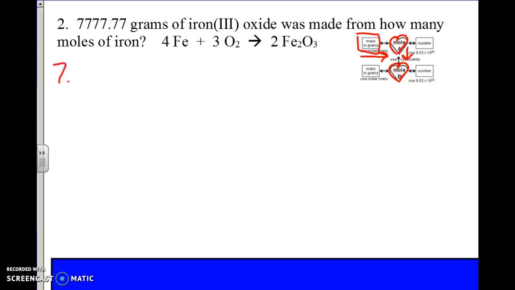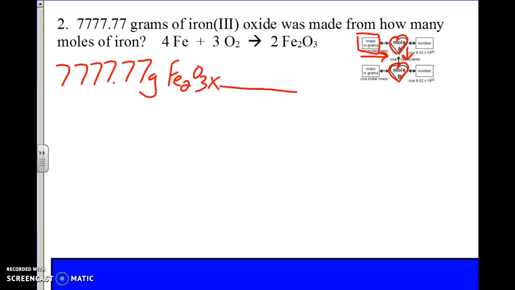So we start with 7.777. Oh, let's start all over again because I put the decimal spot in the wrong place. So 777.77 grams of iron 3 oxide, Fe2O3. Whatever that label is goes down here. Grams of Fe2O3. If we're on gram island,